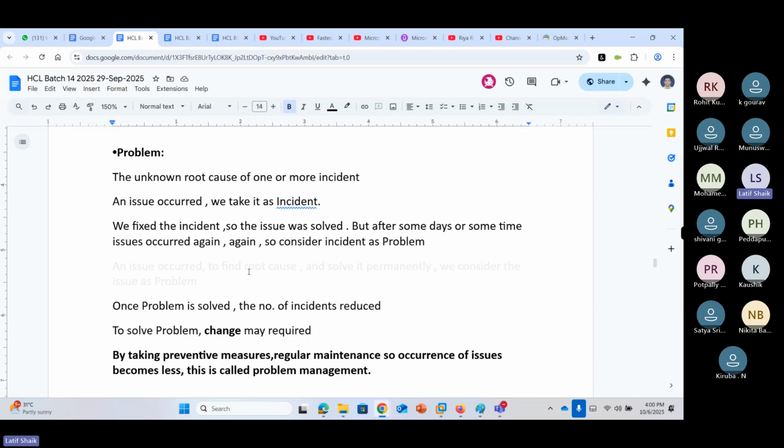Next one is problem management. Problem and problem management, what is this? An unknown root cause of one or more incidents. So guys, any issue that occurs, we consider as an incident. We create an incident report, an incident ticket, and try to resolve it.